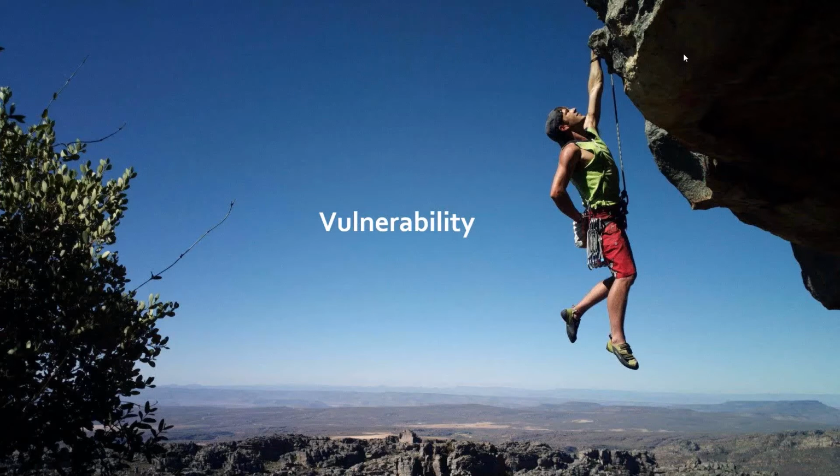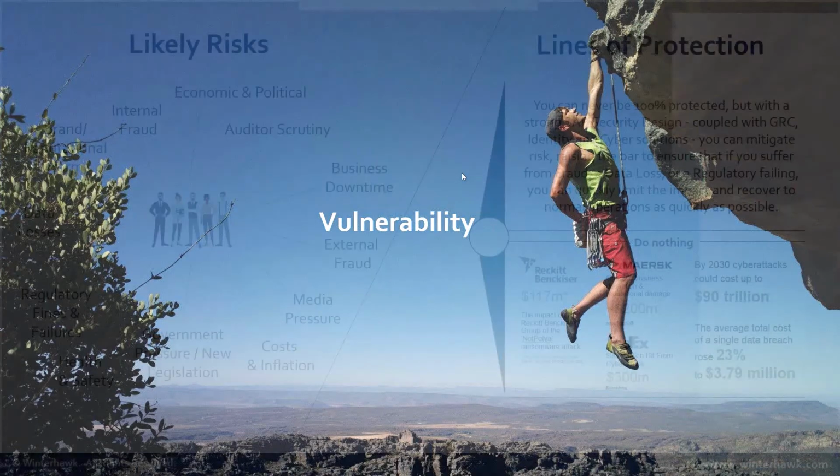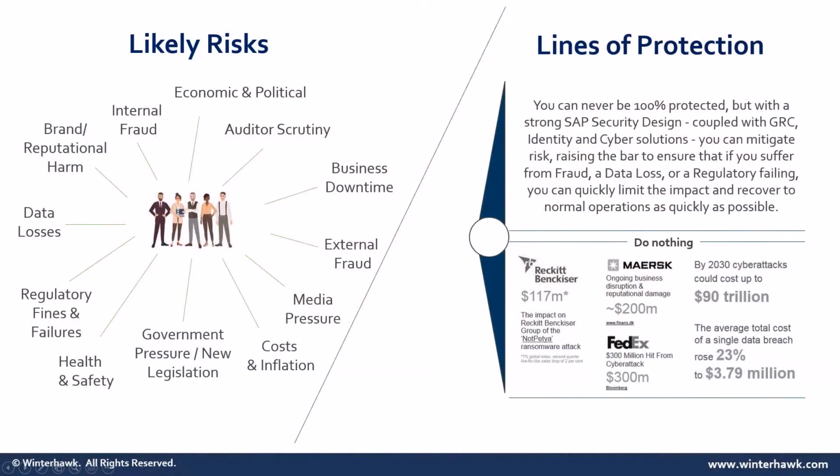It's going to sound a little bit obvious, but knowing and truly understanding what your risks are is paramount to building an effective response. Some of the key risks around cybersecurity and system vulnerability are centered around the possibility of external fraud and also data losses. We've seen so many examples recently of organizations who have been breached, and often one of the biggest impacts ends up being the business downtime suffered, both during and after the event. The time to get back to normal operations is often significant, and some organizations take months, if not longer, to be truly fully operational again. But with all that said,